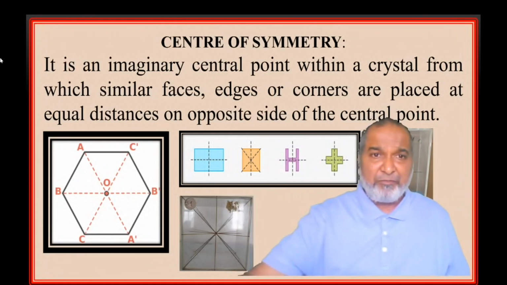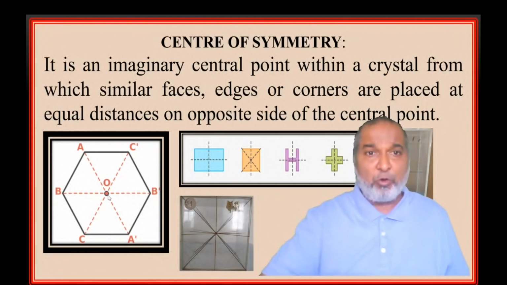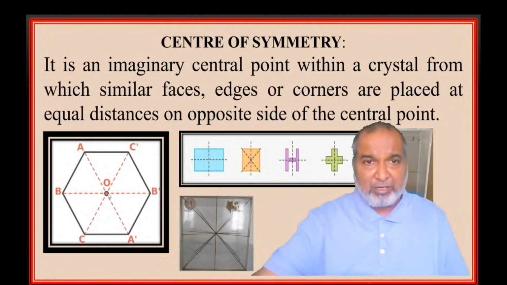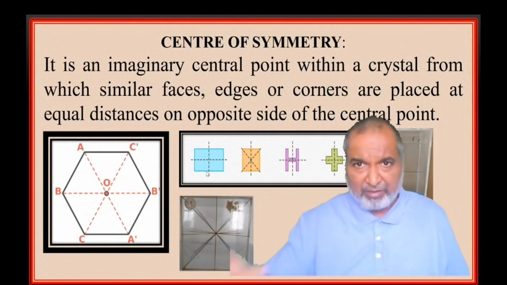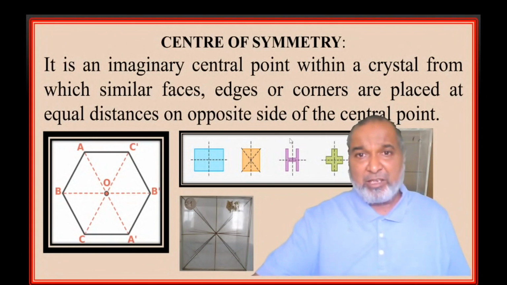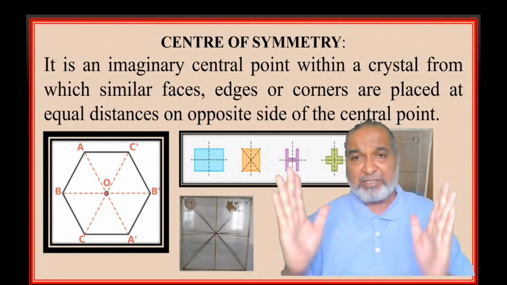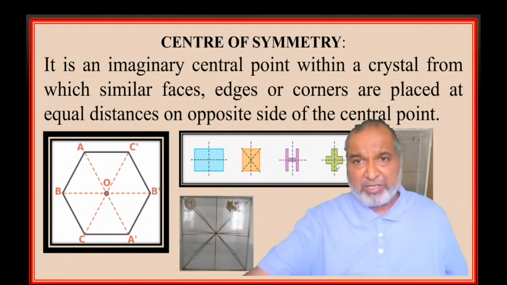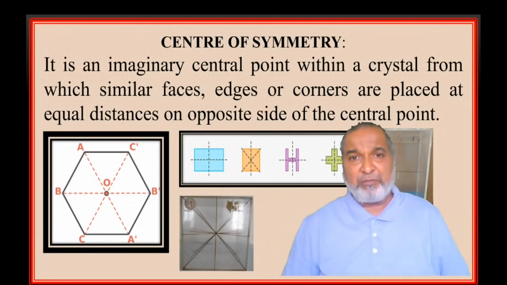Now I can see here we have the hexagonal diagram given. This is the O point, center point. The A point, which is here, from this corner to the center point, exactly the opposite side, this point, A dash point, the OA distance is the same. Any one you can make out, or you can say this one, say vertical, horizontal, these edges, points, center of the face, they are at an equidistance. So here the best one, H is there. If we divide vertically, it divides into two parts. Or horizontally, if we divide, the upper and lower will be different parts. Similar one is the plus sign. If we divide top and bottom, that will give the mirror images.